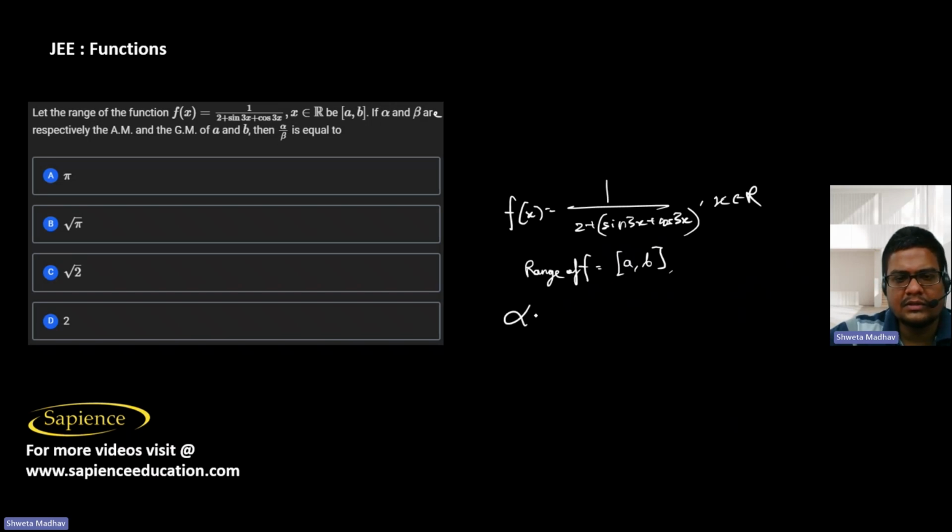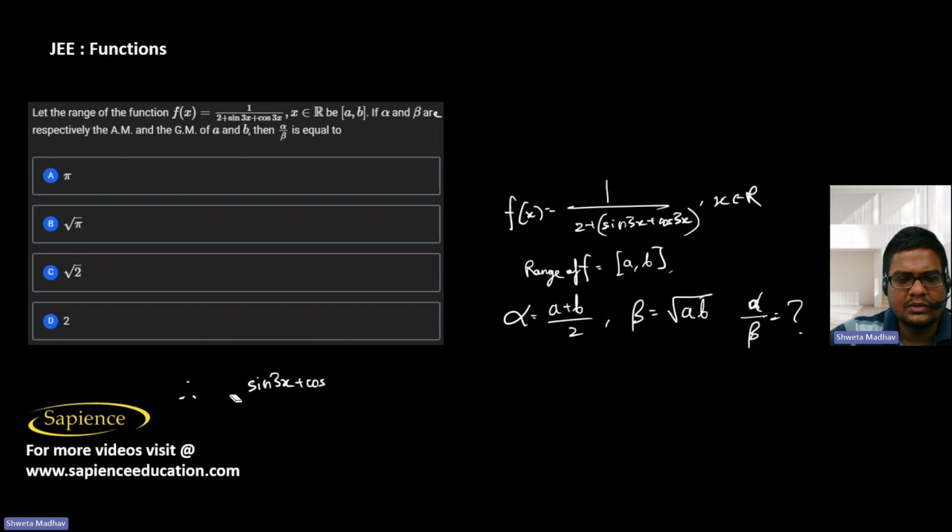So here alpha is the arithmetic mean of a and b, means it is a plus b by 2, and beta is the geometric mean of a and b, means it is root over ab. So we have to find the value of alpha by beta. This value we have to find. So therefore now, as you know, sine 3x plus cos 3x,